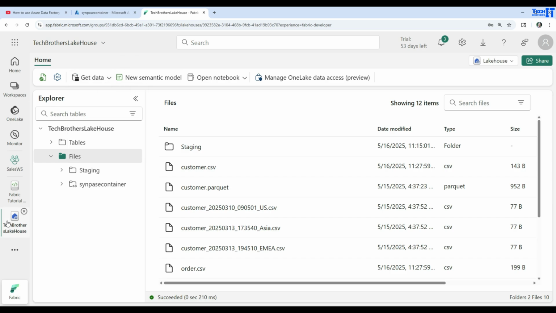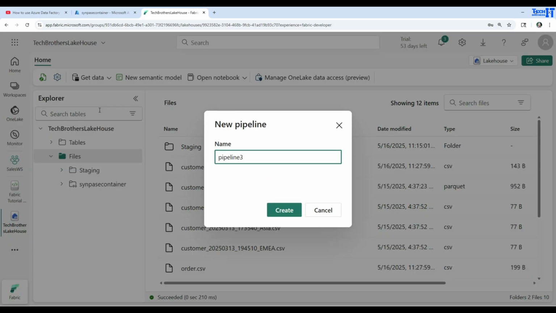So here I am in my Tech Brothers Lakehouse. You see the Tables tab, and this is a Lakehouse. I'm not in the SQL Analytics endpoint, which is used to query your Lakehouse tables. I'm in the Lakehouse right here, where you will see the tables and the files. Once you are there, you're going to create a new data pipeline, and we are going to name